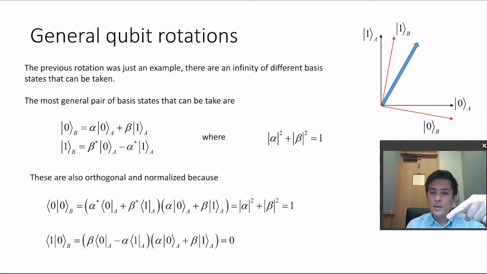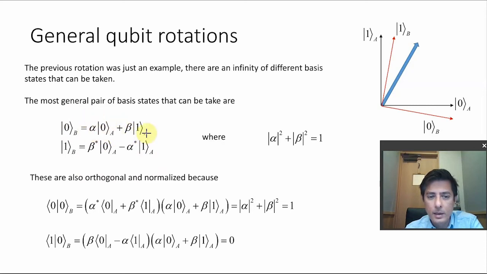They also, each vector needs to be length 1, right? Because they're supposed to be basis vectors, and we want them to be length 1. So how do we do that? Well, actually, this is simple. For qubits, it's actually a simple way to choose this. So we can actually just choose any